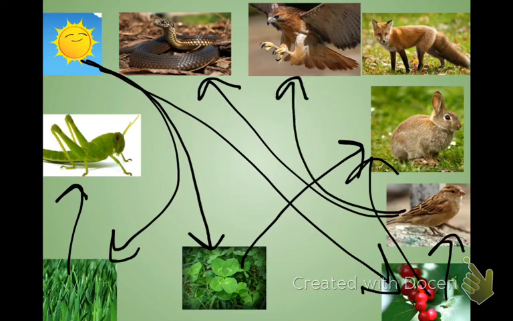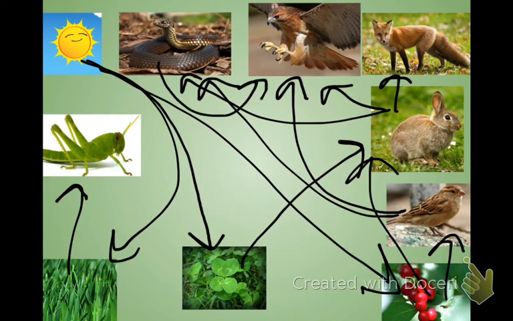Let's move on to our rabbit. The energy from the rabbit could go to the hawk as well as to the snake. Let's go on to our fox. I'm going to say that's a smaller one. The energy from the bird or bunny could also go to the fox. Now the fox probably isn't going to get eaten by any of these things. Neither is the hawk, but the snake could get eaten by the hawk, so that would be our food web. So if you just start it one by one and see where its energy could go to.